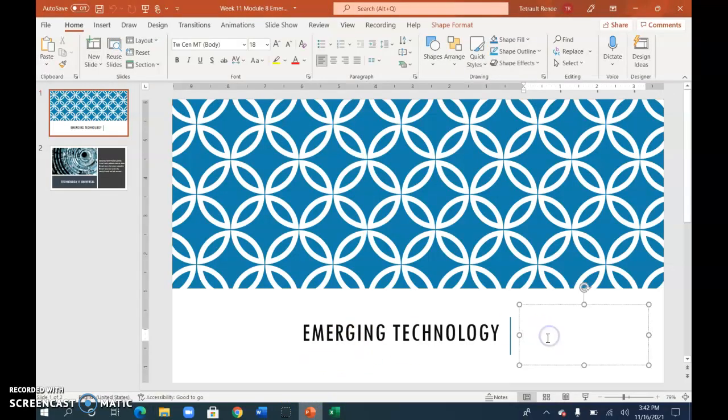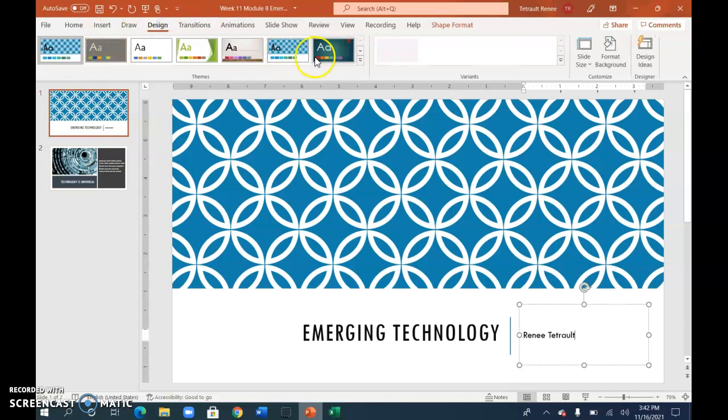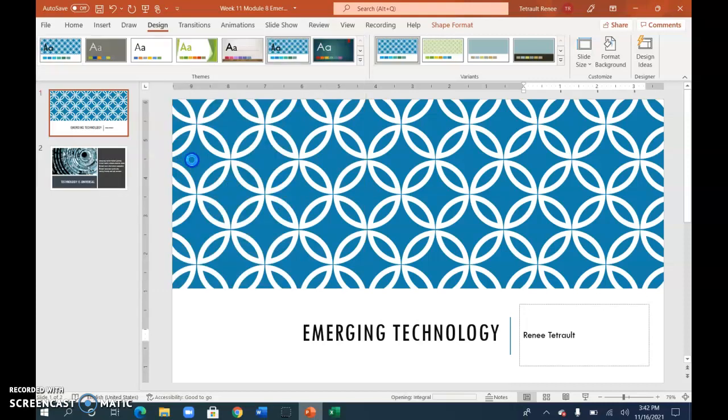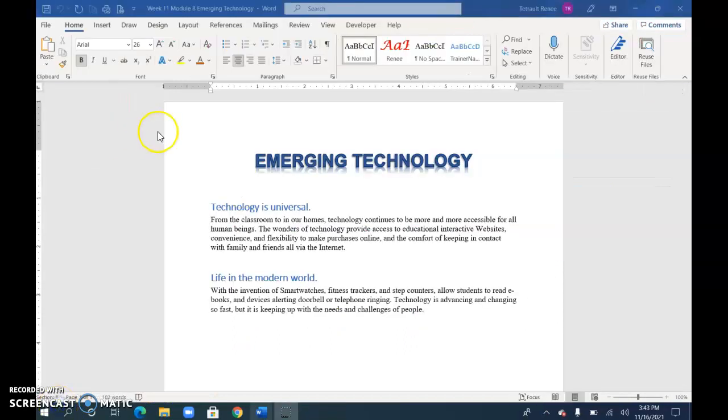And in Word, for the subtitle, type your name. And also go into Design, into More Options, and choose the same theme that you did in the Excel. Save and close. In the Word document, also select